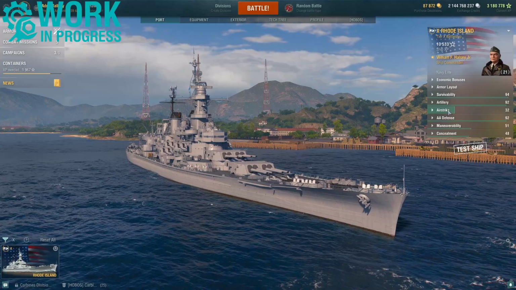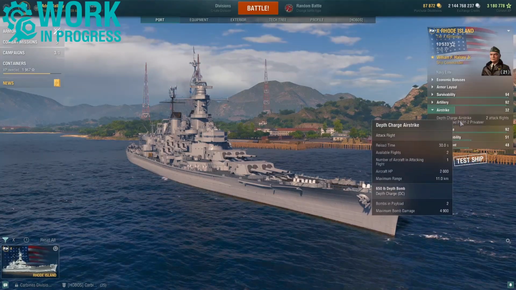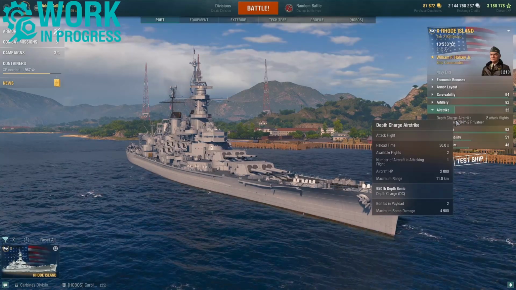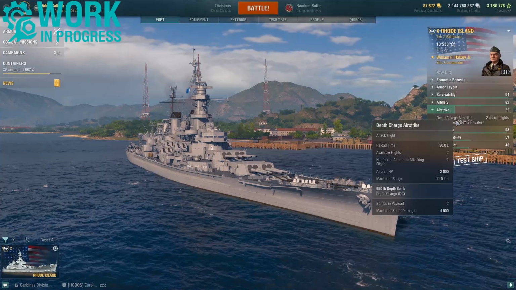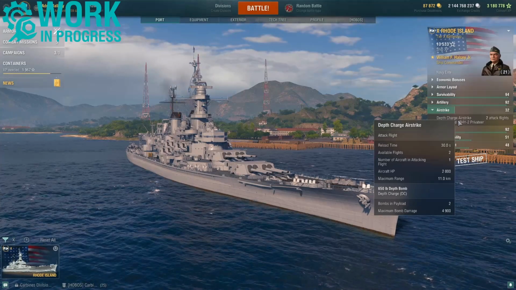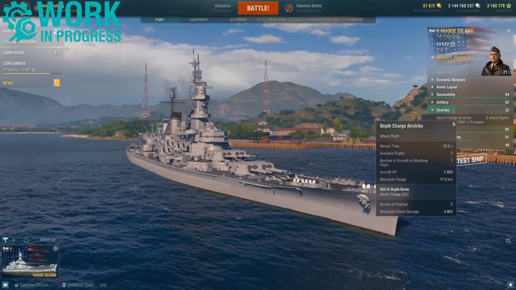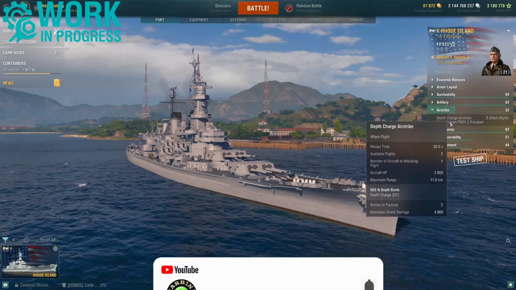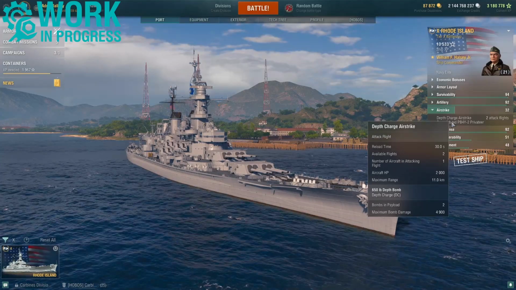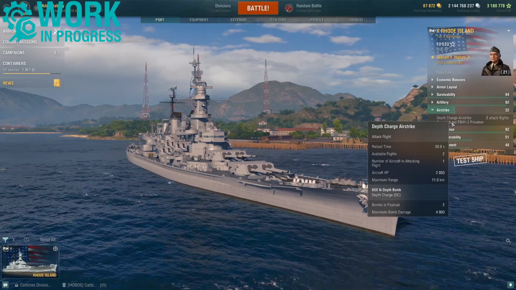Moving to the Rhode Island's airstrike, you do get an airstrike, and fortunately you get a usable range, unlike some other tier 10 American premiums like Ohio that has very limited range when it comes to the depth charge airstrike. So 11 kilometers in range, quite usable. 30-second reload time, 2 available flights, 1 aircraft per attacking flight dropping 2 bombs, and these bombs have a max